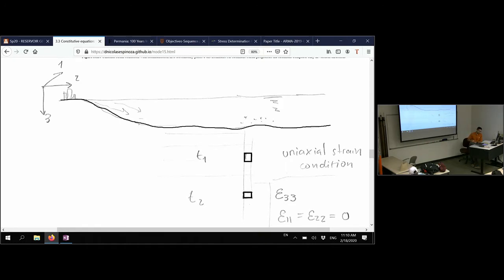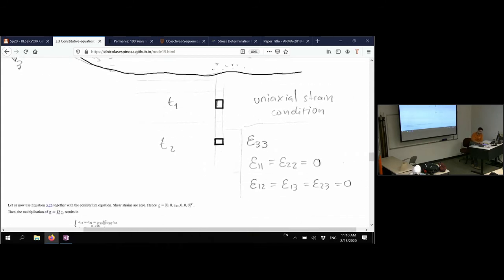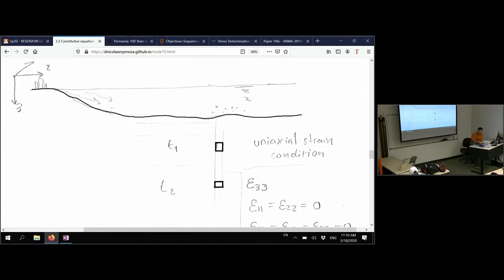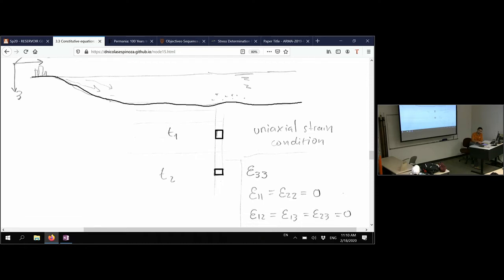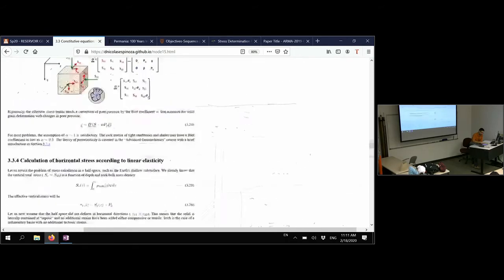So it's okay. And with this uniaxial strain condition, now we're going to have that epsilon 3 is different than 0, but epsilon 1 and epsilon 2 are going to be 0, and we are also not going to have any shear strains, because this is not shearing this way or that way or this way. So all of those are 0. It's just deforming as a box, keeping all the angles straight. All right. So if we put this now into this equation over here,